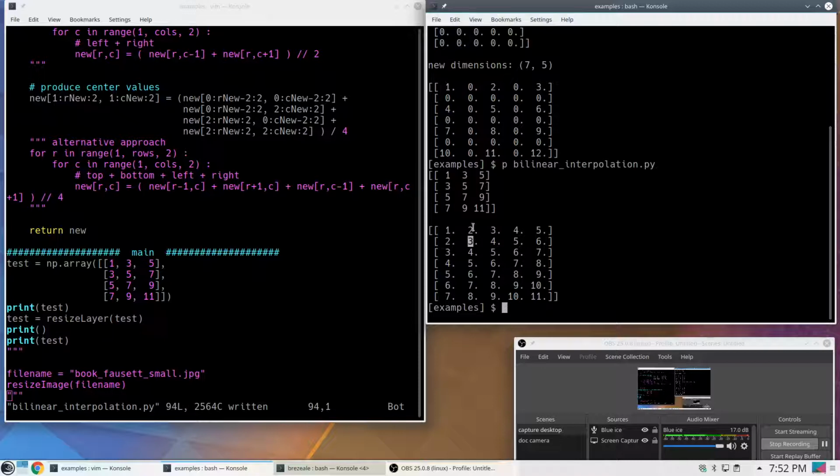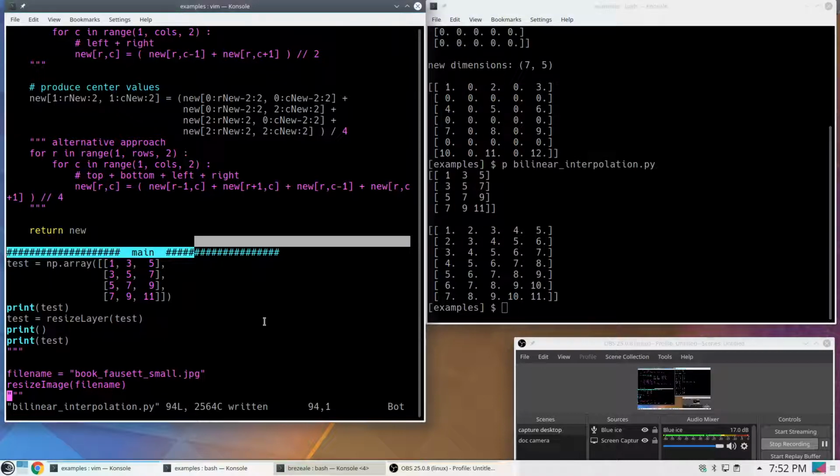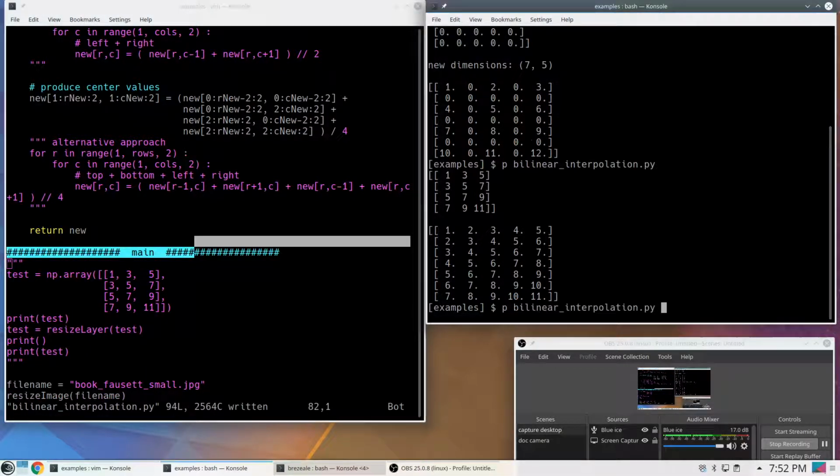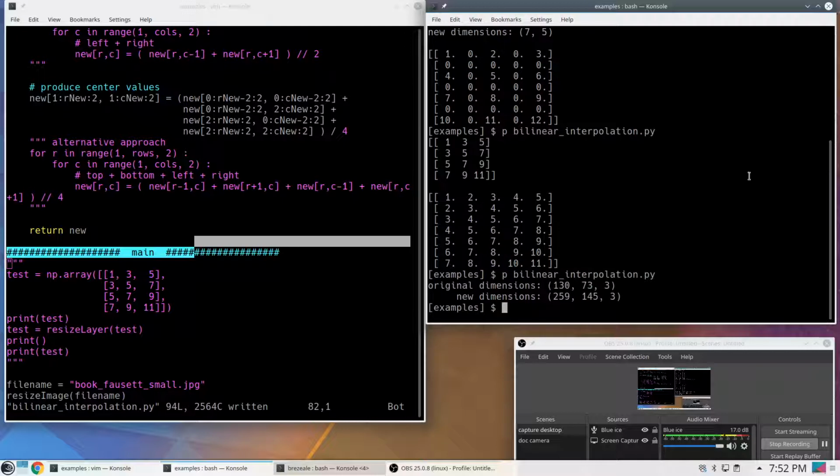There's my 3. So it looks like it's working. So now that we've tested, we can process an actual image. And we'll look in a moment and see, but my input image had 130 rows and 73